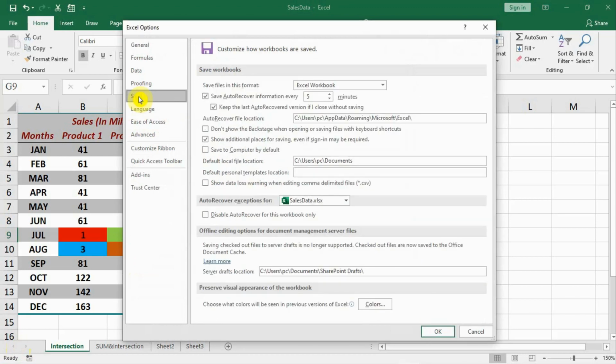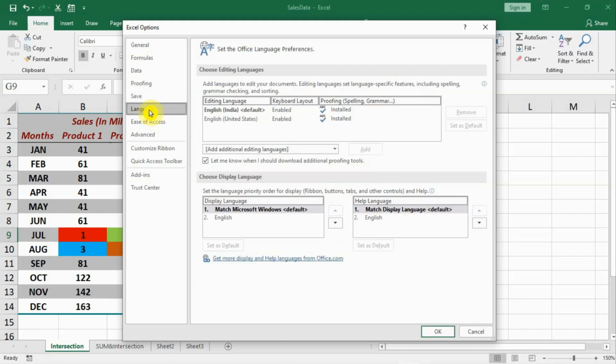After that, we go to Save, and you see in Save there is an option called Save AutoRecover information every 5 minutes. It is something like you are doing some important work, then every 5 minutes it will auto save your work, because by electrical failure or something your computer may go off, but it will save your work. When you restart, your work will be available. So it is saving your work every 5 minutes. You can reduce or increase this time period according to your own requirement.